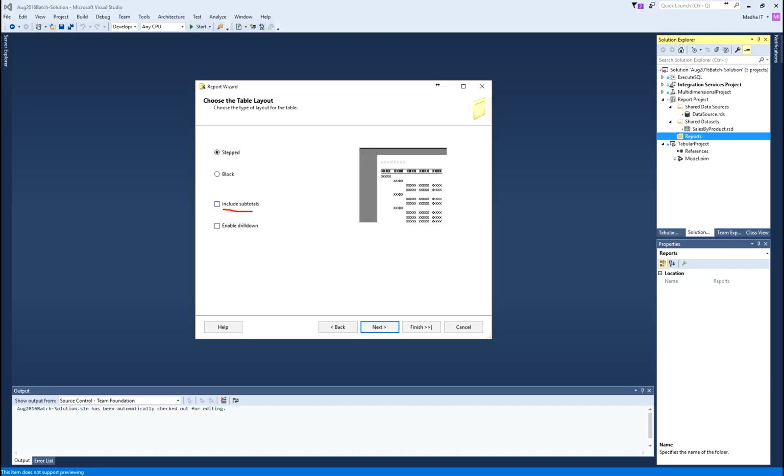One is include subtotals, where if you want to see subtotals at each row group level, you can see the subtotals. And also we have an option for drill downs. When you select drill down, you will have the ability to drill down into the row group. We will see that later.